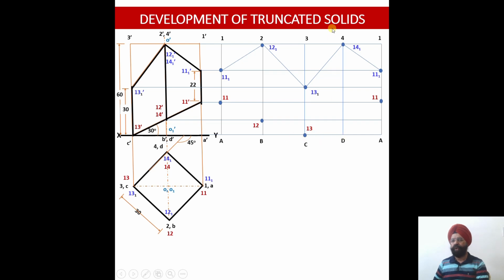And next you have 4DH. So 4DH, where it has been cut by the cutting plane, that is the second cutting plane. Please see, the second cutting plane has cut this particular edge, that is 4 dash D dash, at the point whose name was 14 dash. You see 14 is shown over here as well in the plan. Now from 14 dash, I will be drawing a horizontal projector till it intersects with the vertical edge 4D, right? So this way, all these points have been located.